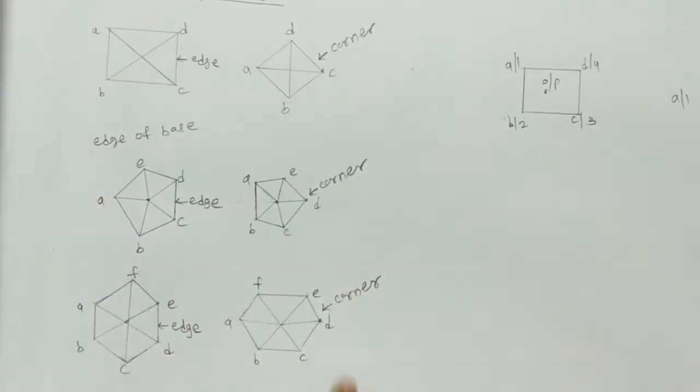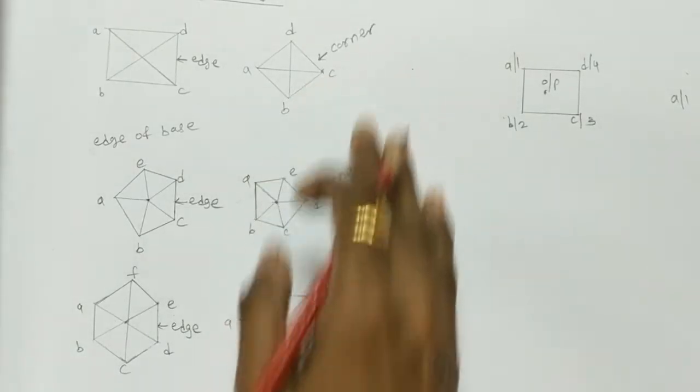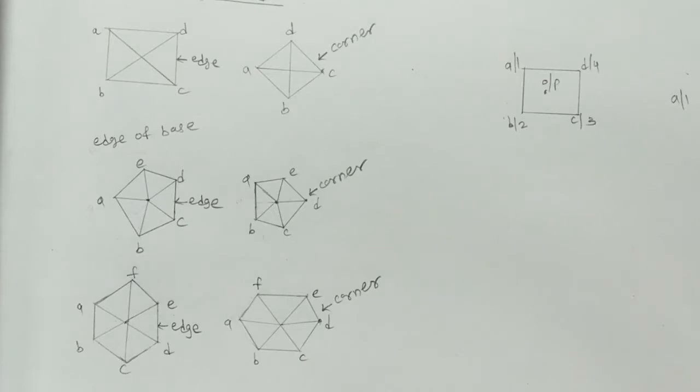And when it is given that slant edge in HP or slant edge in VP or vertical edge inclined to HP, inclined to VP, then we will use this condition, that is slant edge. Slant edge means like this condition.